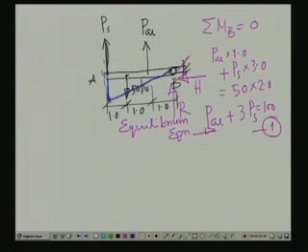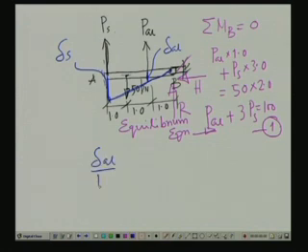This gives us an exaggerated form of the deformation. So, this point undergoes deformation here, this point undergoes deformation here, also this point has deformed up to this state. Now, from this triangular configuration, if we call this deformation delta aluminum and this deformation delta S, then from this triangular configuration we can write delta aluminum by 1 is equal to delta steel by 3, because this length is 3,